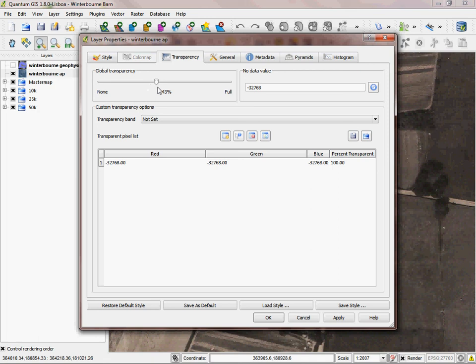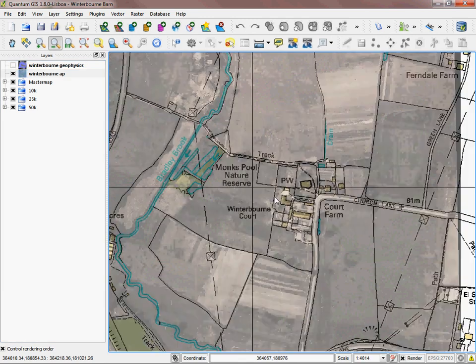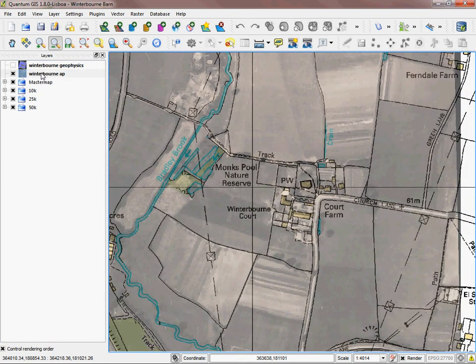So let's go for, say, 40% or so. Say OK, and there we have the AP has been made partially transparent. It's given a 40% transparency, and because of that I can see what's underneath. And that's a particularly useful tool if you're doing map regression techniques, because what you can do is download the